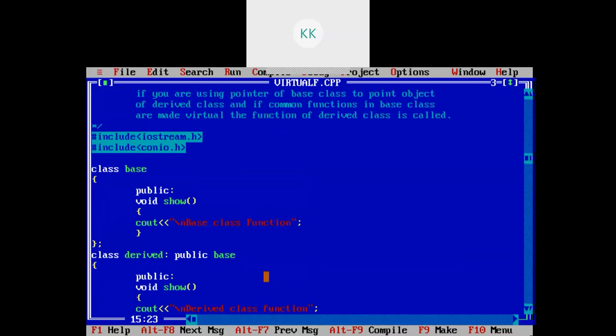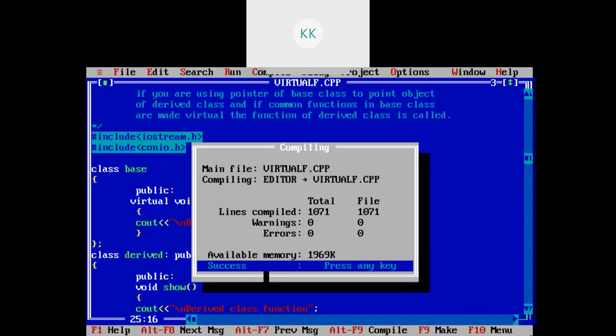To correct this, what can I write? I can write here the virtual keyword. This virtual keyword will help to call the functions depending upon the object assigned to the base class pointer. And here F9, Control F9.